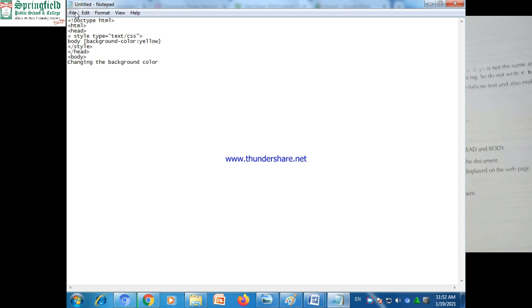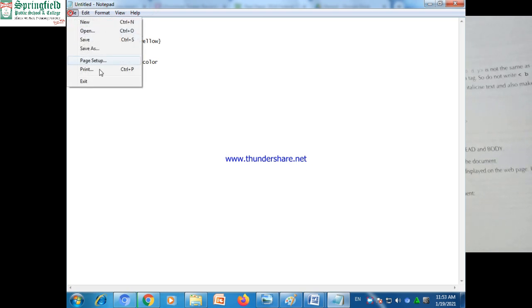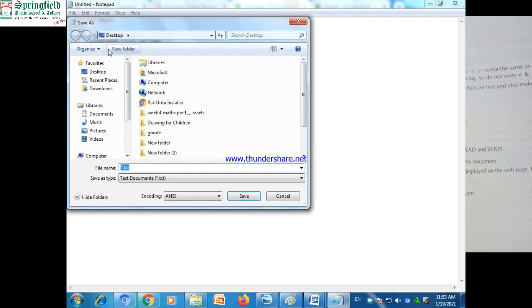Using lowercase is recommended. Attribute values should always be enclosed within quotes, double quotes. Double quotes are the most common, but single quotes are also allowed. But try to use double quotes instead. Otherwise you make the web page, save it, and it will give you an error. It will not read the statement. Attribute values can be case sensitive.